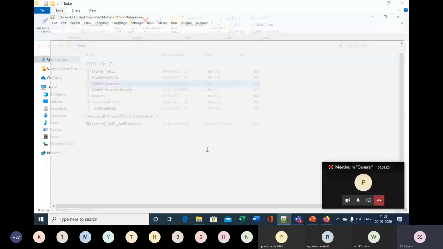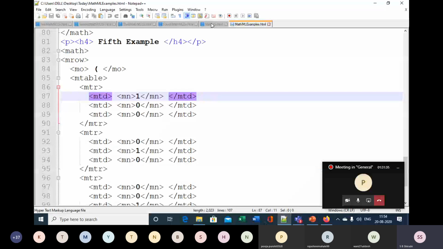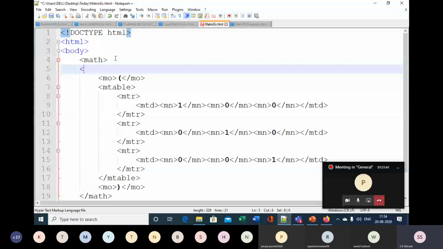Okay, we just forgot to group it. So see, it is very much necessary to put here mrow. What we have not done is group it together, and therefore it just appeared as only one row. So mrow, and everything should be grouped together, and therefore here we should put mrow.